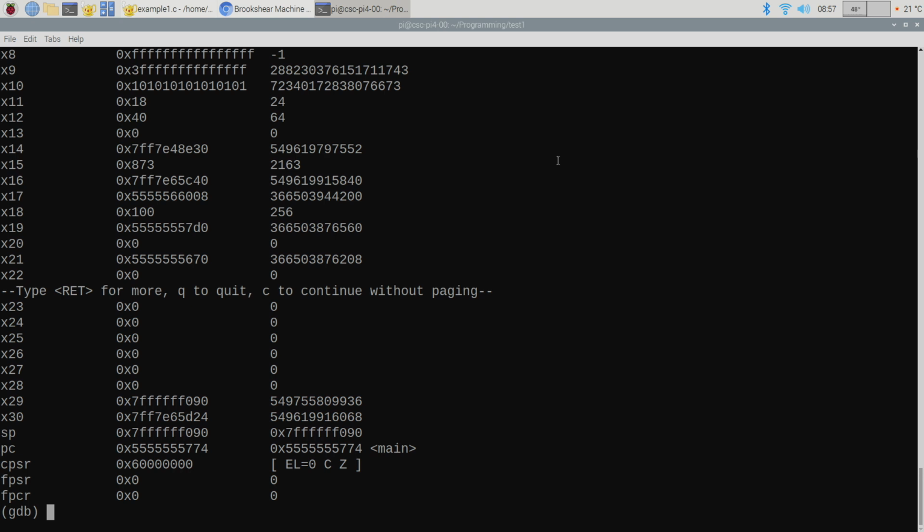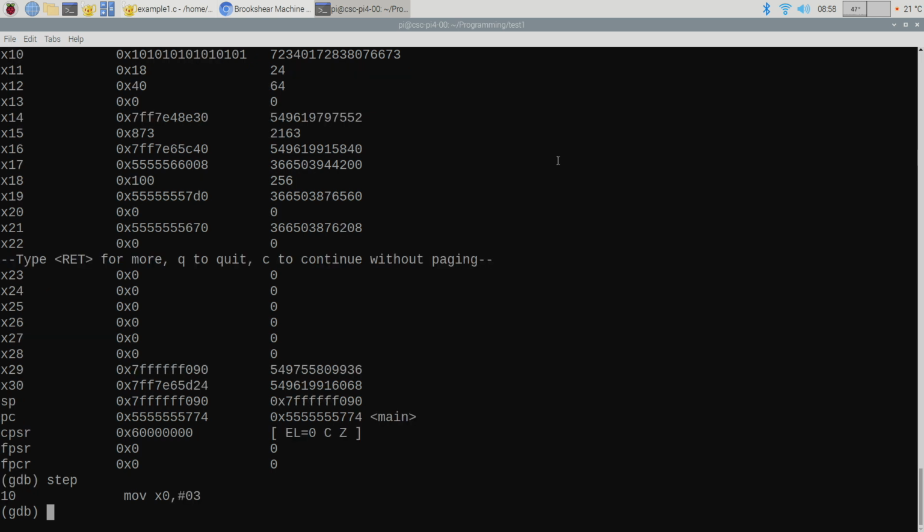And then the two at the bottom that have all zeros in them are things for the floating point units, which we're not using, so nothing's going on there. Okay, we will use floating point later, but right now everything's integers, so we don't have to worry about the floating point stuff. Okay, but if I step, what's the next instruction?